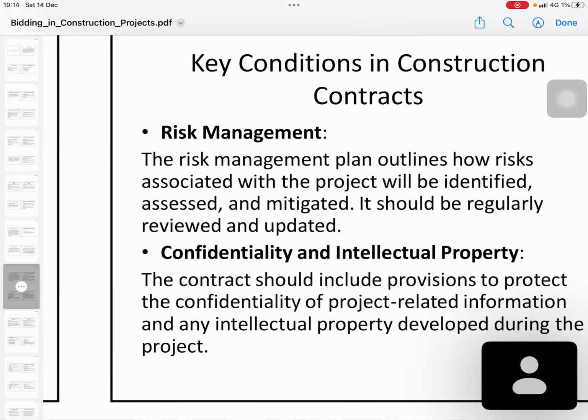And also risk management. The risk management plan outlines how risks associated with the project will be identified, assessed, and mitigated. It should be regularly reviewed and updated. So how do you manage the risk? Sometimes in the contract you have to manage conditions. You have mentioned you have to get the insurance. And some details you cannot publish